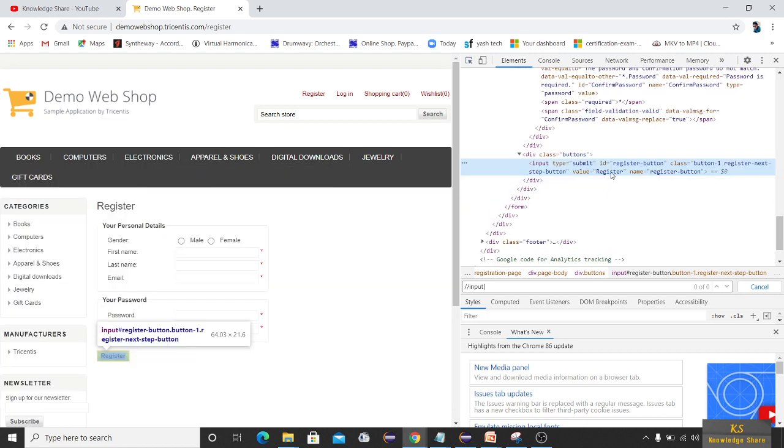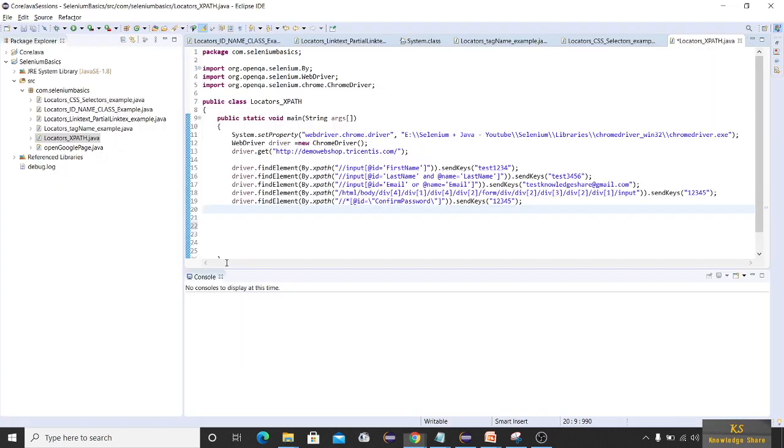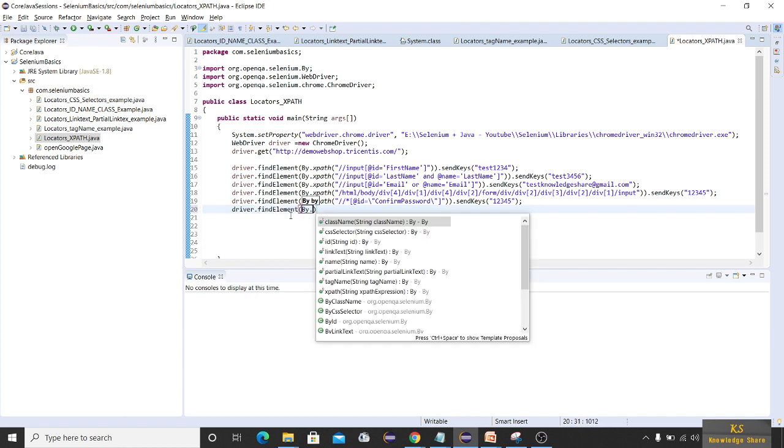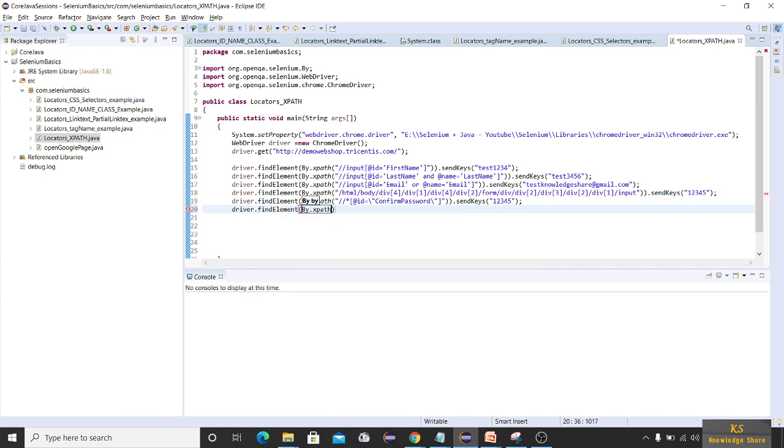Okay, so let me take a name here, or I can take class as well. So let me take class. Okay, it has this one, right? So at the rate class is equal to, let me completely copy this and paste it here. Okay, I have taken class. You can take anything. Okay, so let me write driver dot find element of by dot xpath of,